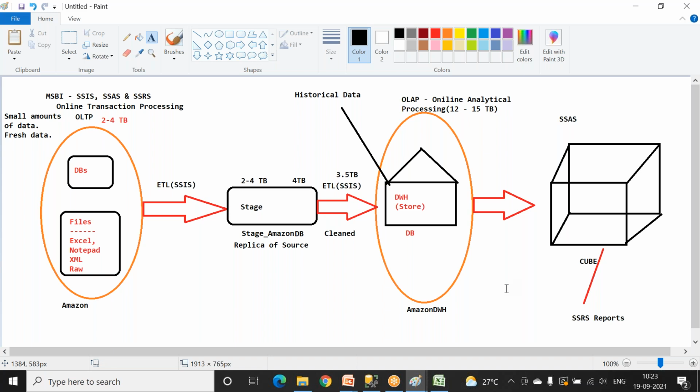So you need to ask them what is the requirement, which dimension tables you need to take, and which fact tables you need to take. What dimensions and fact tables are, we will discuss from tomorrow's class. That means in SSAS, don't worry. Only 4 dimension tables and only 2 fact tables you need to take, and you need to create a cube. If the fact tables have some 15 to 20 lakhs of rows, let's say 20 lakhs of rows,